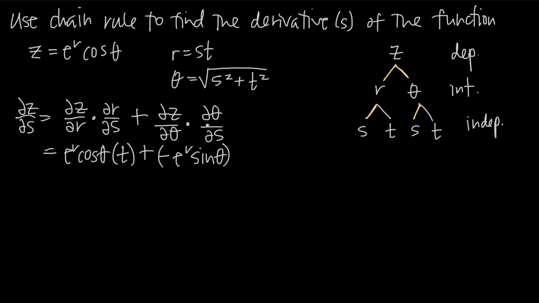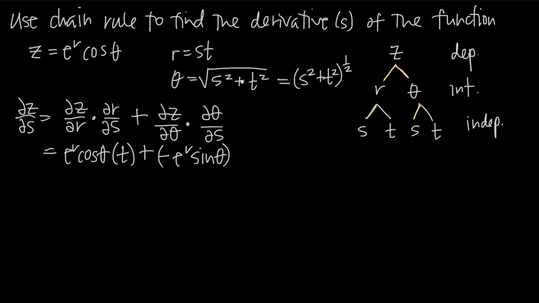Then we have to multiply that result by the partial derivative of theta with respect to s. So if we look at our equation here for theta, and we want to take the partial derivative of this with respect to s, we're going to need to use chain rule. So first of all, let's rewrite this equation as quantity s squared plus t squared to the 1/2 power